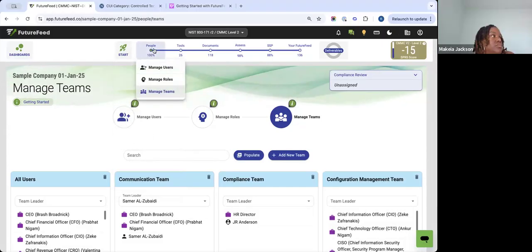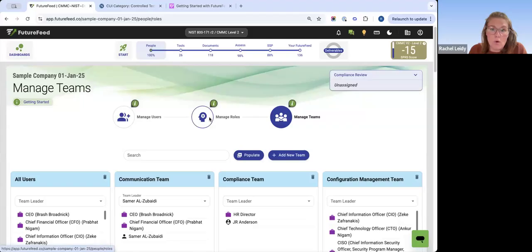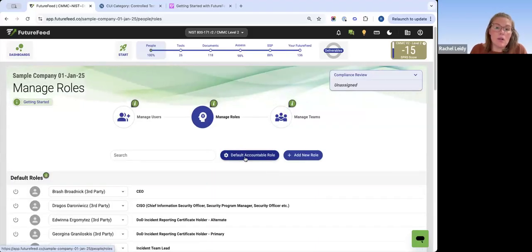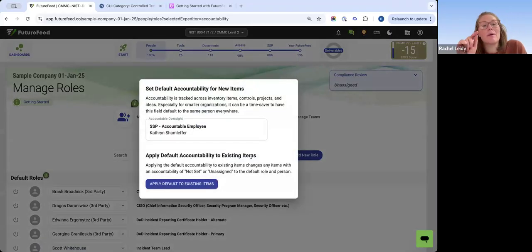So after they get the teams built out, oh, by the way, under role, there's this default accountable role here. If you remember, I said that there's certain things that trigger a POAM to be automatically created. Well, if you set the default accountable role here, when that POAM gets created, it's going to be automatically assigned to whoever you define here. You're going to want to set that so you don't accidentally have POAM entries that aren't assigned to anyone and nobody's really working on them because